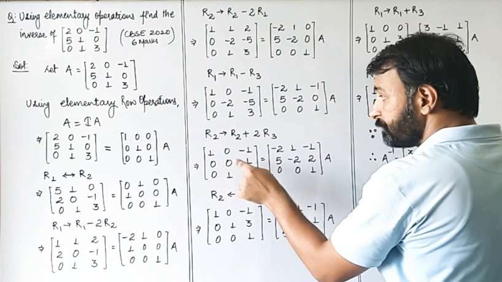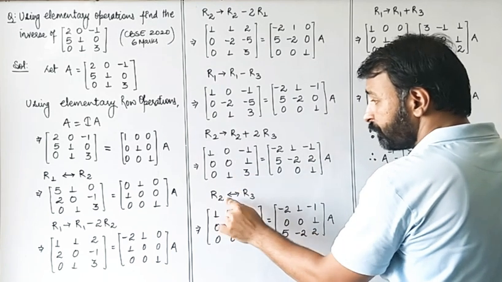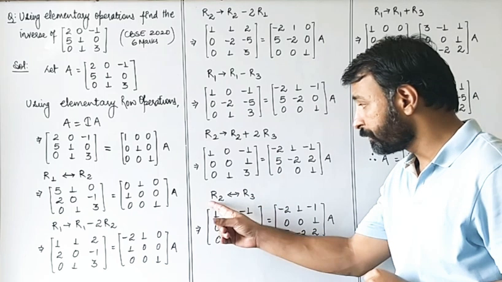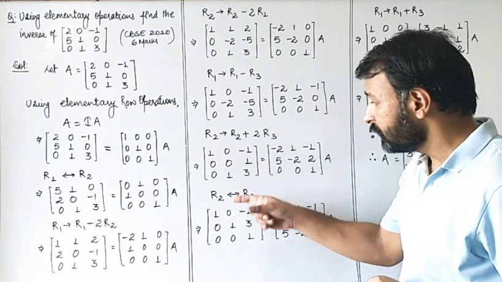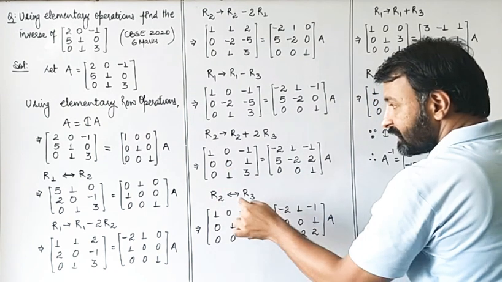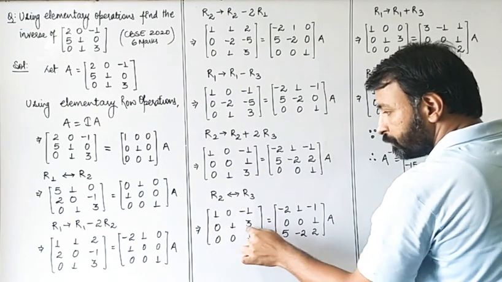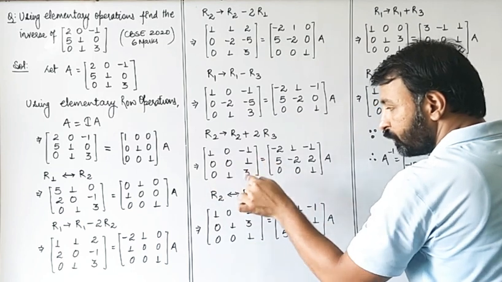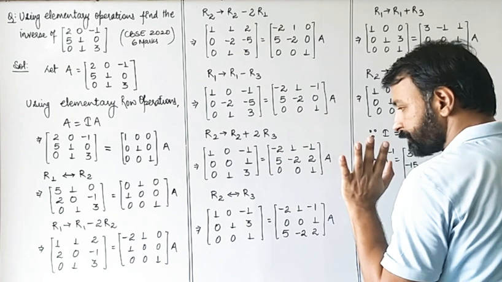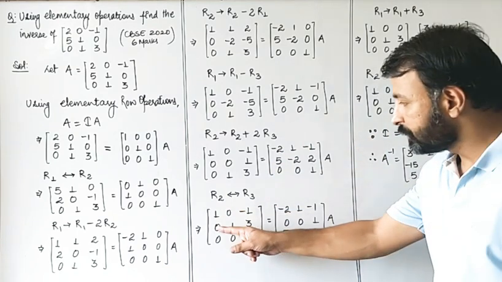Now what we need is 1 over here and 0 over here. So we will interchange the rows. That is, we will apply the row operation R2 and R3 interchange. So 1 0 minus 1 as it is. This third row 0 1 3 becomes my second row and this second row 0 0 1 becomes my third row. Same operation is done on the right hand side matrix also. Now this is 1 0 0, 0 1 0.